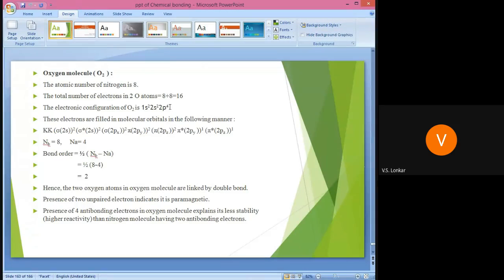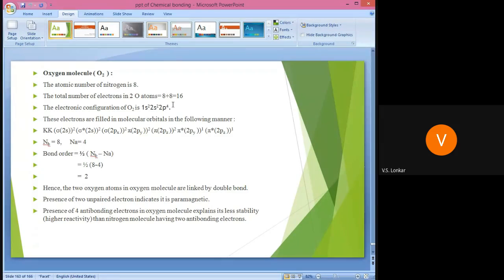Okay, that is the number 2. It is its valence shell. Then in the valence shell, how many electrons are there? These 2 from the 2s and 4 from the 2p. That is a total of 6. Okay, that means in one oxygen atom there are 6 valence electrons. When we combine the valence electrons of both atoms, there are a total of 12 electrons. Got it? There are 12 electrons.